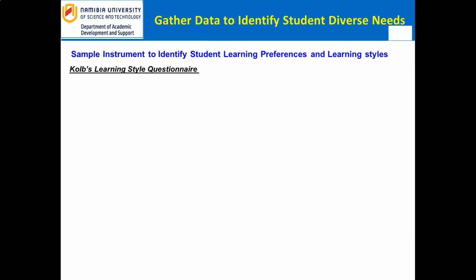Sample instrument to identify student learning preferences and learning styles. Kolb's Learning Style Questionnaire, located on the CEOPA site. Kolb Questionnaire Final. This questionnaire is designed to find out your preferred learning styles as an adult. Over the years, you have probably developed learning habits that help you benefit more from some experiences than from others. You may be unaware of this, and this questionnaire will help you pinpoint your learning preferences and share them with